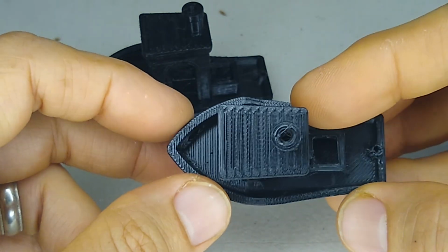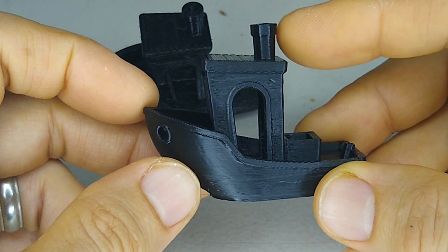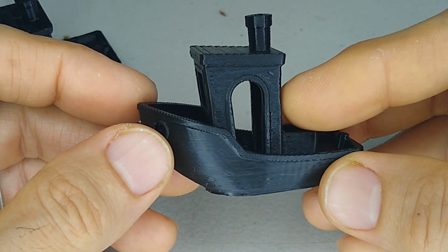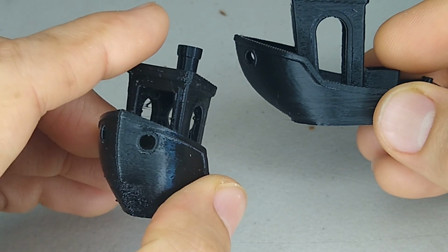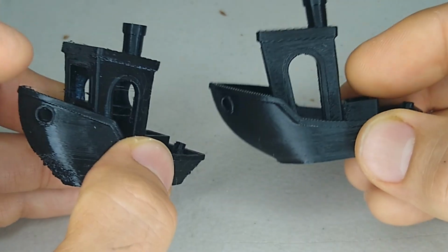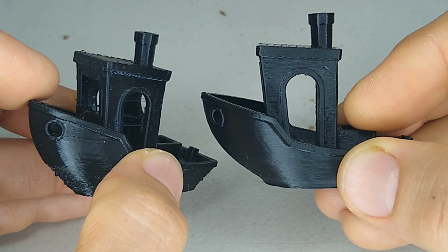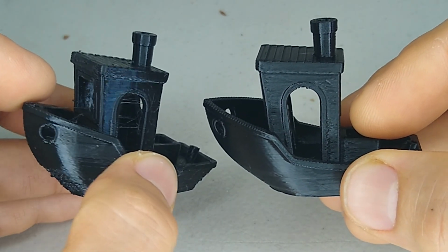So for me, what I think is the biggest benefit here is that you have a much more powerful processor to process the G code, and it can process the G code at a faster rate. I think that's what happened here, because the hardware is exactly the same. There's no difference in the hardware. The only thing that changed really is the speed at which it can process the G code, the pressure advance, which Klipper has and Gyres does not. Klipper also was using input shaping, so the input shaping values are in the printer config that I'm going to upload